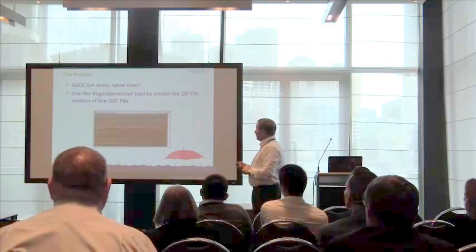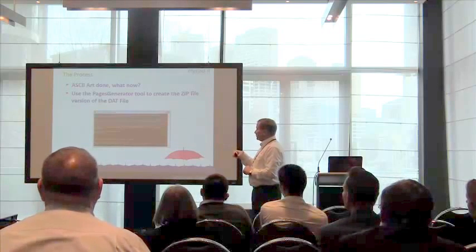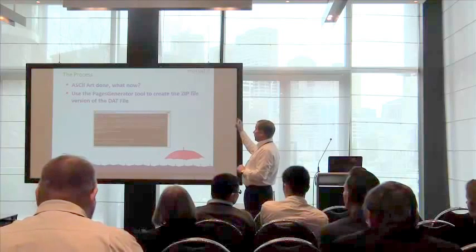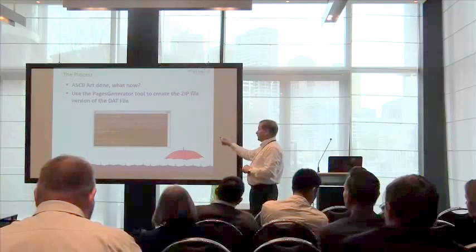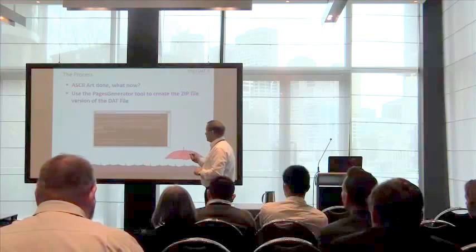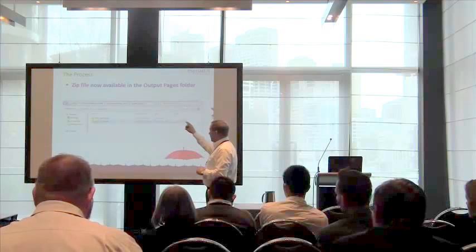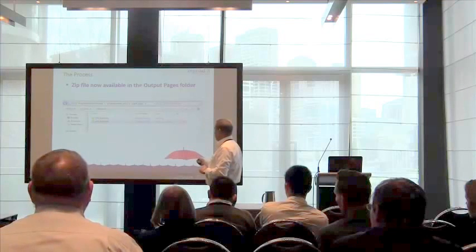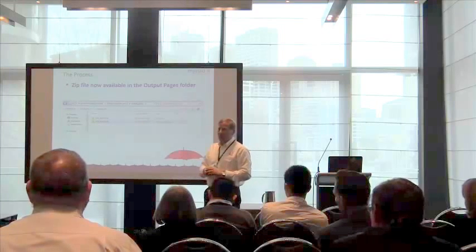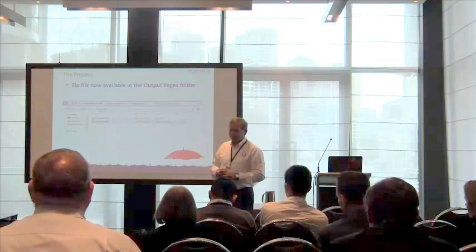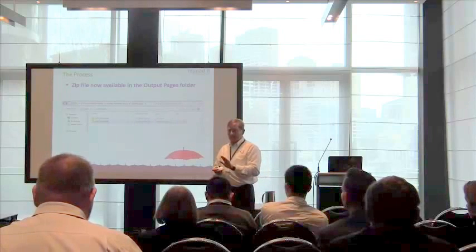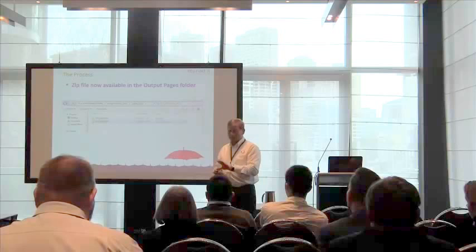Now you've done the ASCII art, what you actually have to do is take that DAT file and run it through the pages generator. The pages generator then creates a zip file, a version of the DAT file, and it's that zip file that you then take up into JD Edwards, and it goes into the output pages. So this is now your zip file, and it's this that you then use as the basis for starting the process of creating your page. Are we all with me right now? Because this is when I start to get a little bit